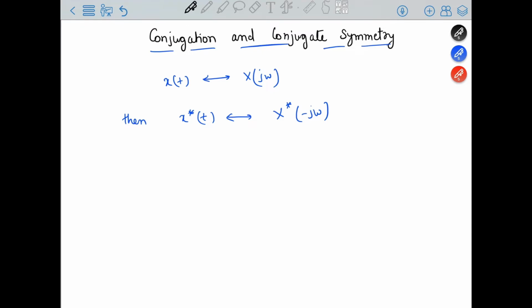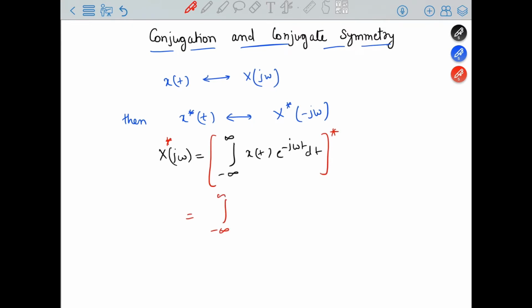So suppose we have the formula of X(j omega), which is the integration from minus infinity to infinity of x(t) e raised to the power minus j omega t dt. Now we'll take the conjugate on both sides. Here on the LHS we have taken a conjugate, and this is also the conjugate. So what will be the output? The output will be the integration from minus infinity to infinity of x conjugate t e raised to the power, now it will be plus